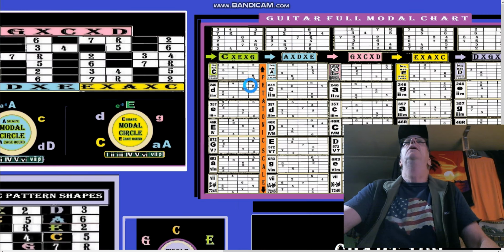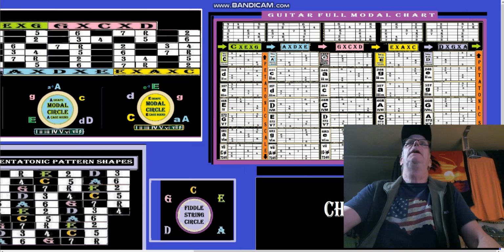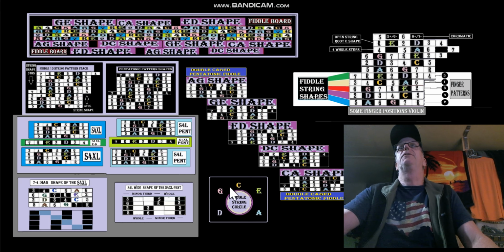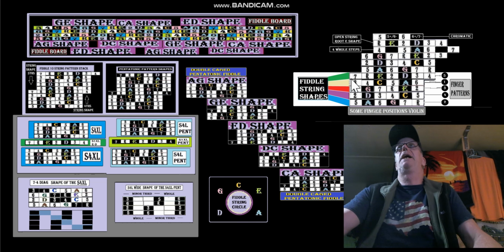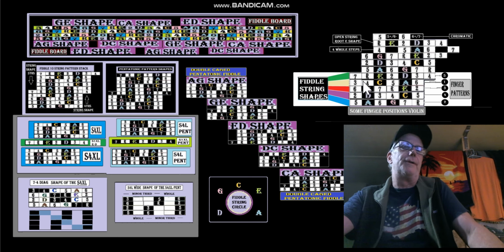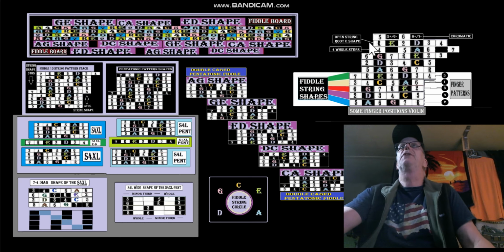Okay, so anyway, let's go back one, and it's important for me to explain this stuff to you. I put a lot of work into this chart to explain this stuff to you. This is just a little bit about fingering patterns. So that's kind of like the finger pattern corner up there. Hey, it's kind of like a little